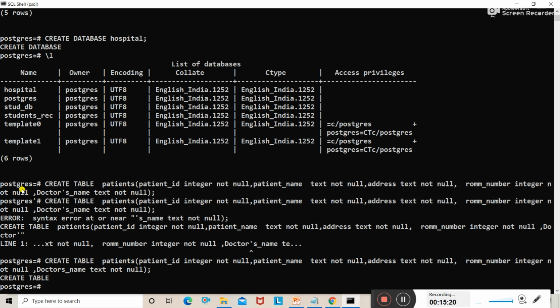So again, what we need to do is first connect with the database hospital, and then create the table in that hospital database. So how to connect with the database? Now see students, if I write the command slash d, it will display the list of tables available in Postgres.